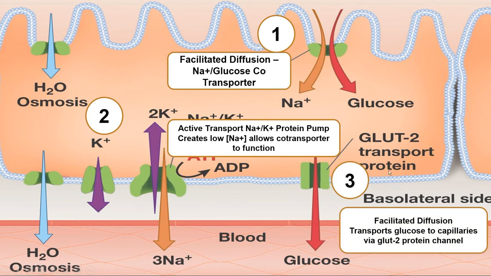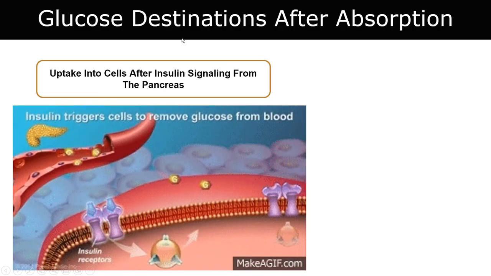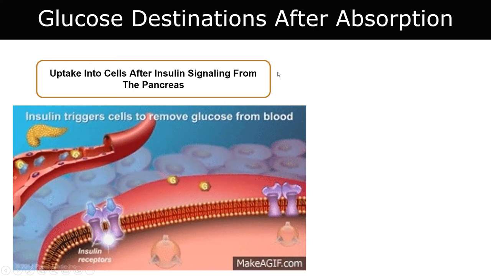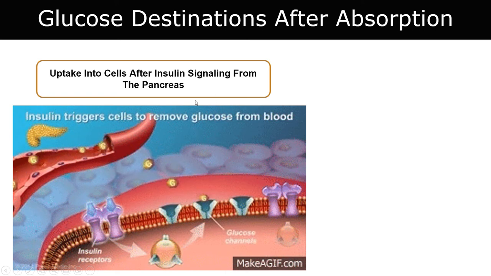And the third part then is taking the glucose that's come in and getting it out through that GLUT2 transport protein, which is facilitated diffusion, and then that is going into the blood where it can be distributed to its last destinations, right? So there are 2 places that glucose is going to go after it is absorbed through those epithelial cells, and